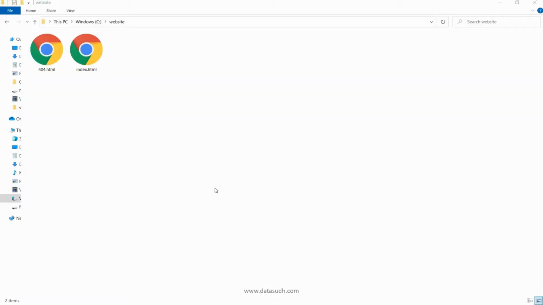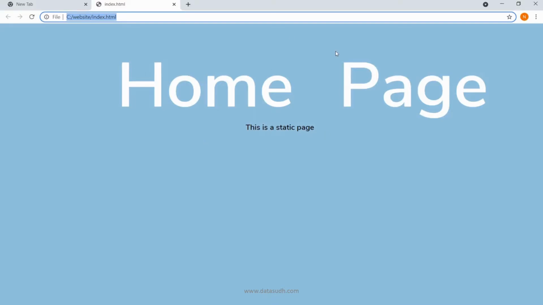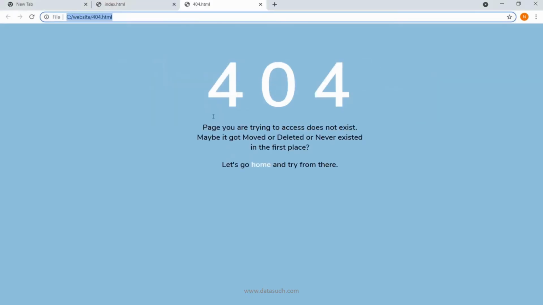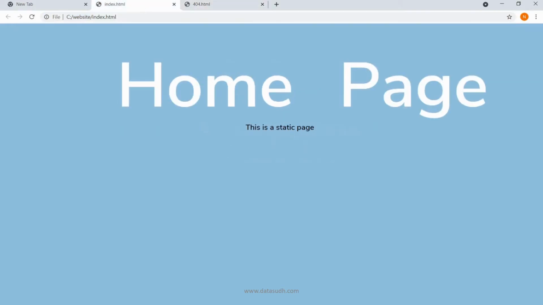The static website which we are going to host in Google Cloud in this video demonstration is going to be a simple sample HTML single page file. I have created this as a sample with basic HTML. If I just click on it and show it to you, this is how this page looks. I also have a 404 page which is for inaccessible pages. So these are the two pages I have in my static website which I am going to host in Google Cloud. This is just a sample page for demonstration.